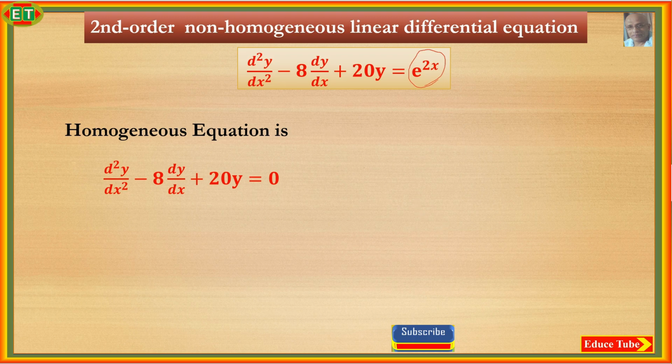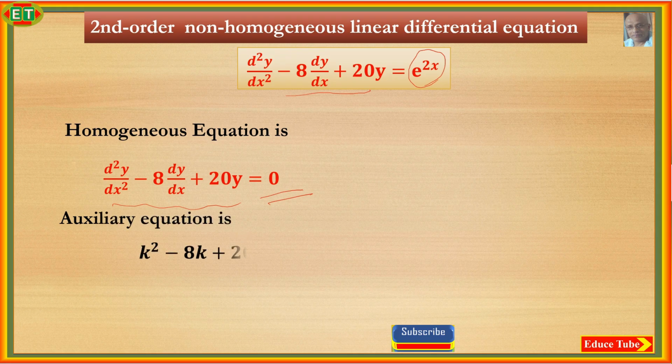So to get the complementary function, I have to take a homogeneous equation like this one. The left hand side will be the same as this, only the right hand side I will consider as 0. So the auxiliary equation will be the same: this is the second derivative, so k square, this is the first derivative, so k, the constant 8 as it is, 20, and y will be 1. Now solving this,